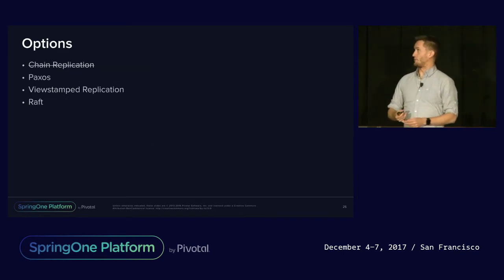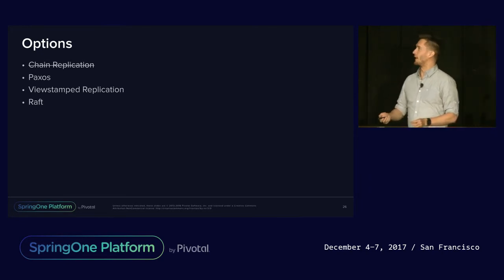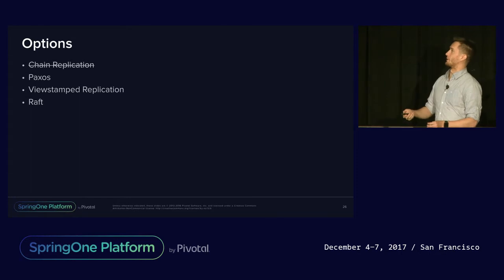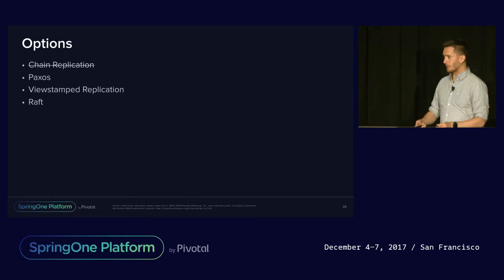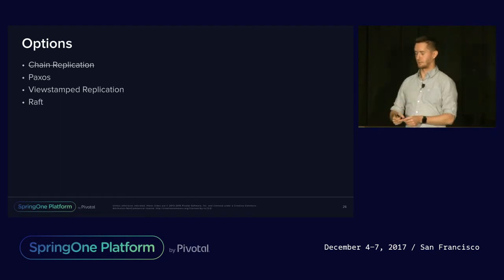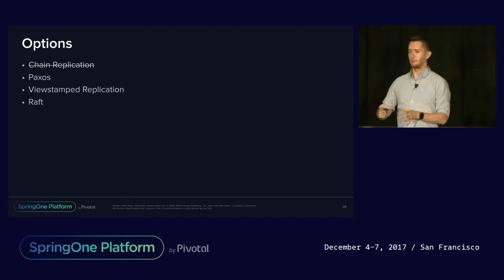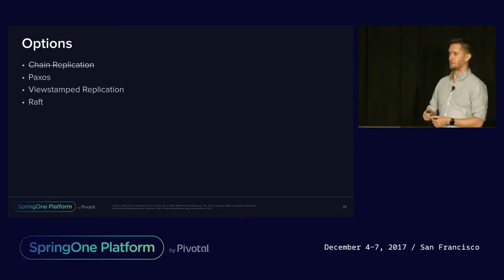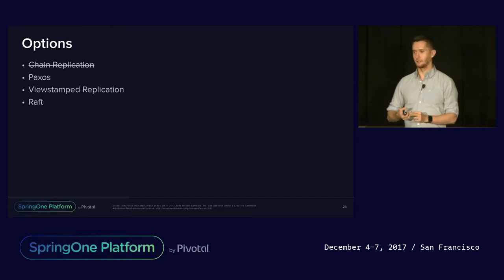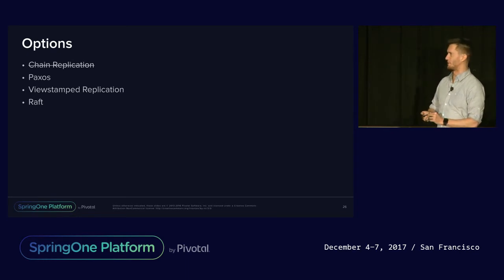So what options do we have? We already ruled out chain replication because we definitely don't need more of the same. There are three major papers or algorithms in this space. One is Paxos. Originally, Paxos, what is called single decree Paxos today, was a fairly small in scope paper and algorithm, and it was explained using interesting parallels with Greek democracy and such, which unfortunately gives it a certain reputation, which I don't think it necessarily deserves, but